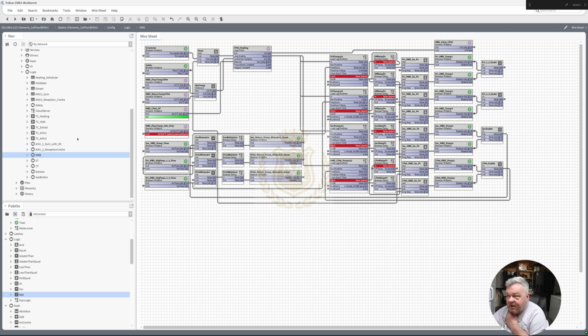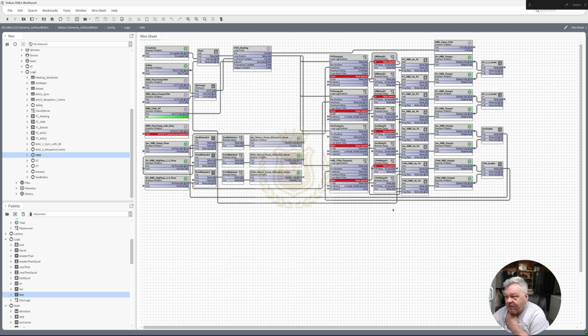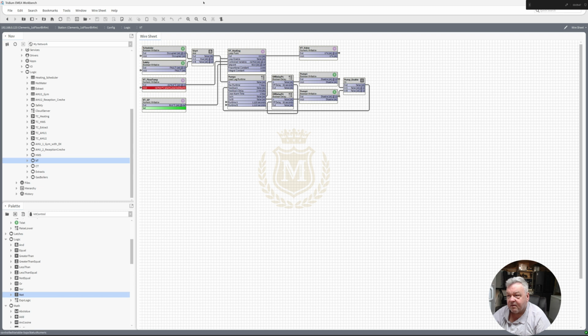Okay, so that's the HWS pumps, standard VT. Again, I haven't done the safety and the hands there to stop the pumps, and really we should. So let's just take 2 of them, copy, VT, expand that out, paste,